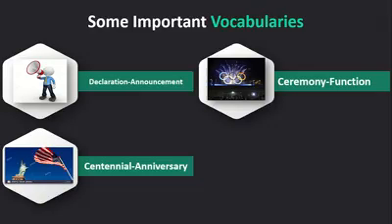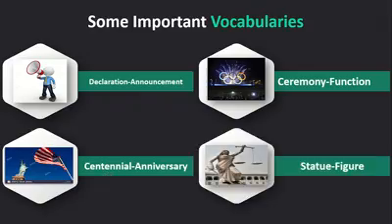Next vocabulary is centennial. That means anniversary. Centennial means relating to a 100th anniversary. Centennial মানে হচ্ছে শতবার্ষিকী। Next example is statue. Here we find a picture of a statue. Statue means figure. Statue অর্থ হচ্ছে মূর্তি।